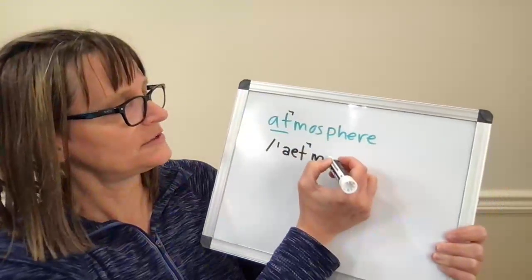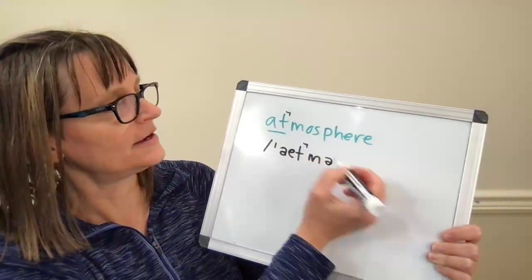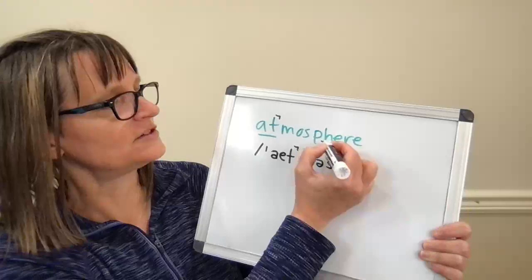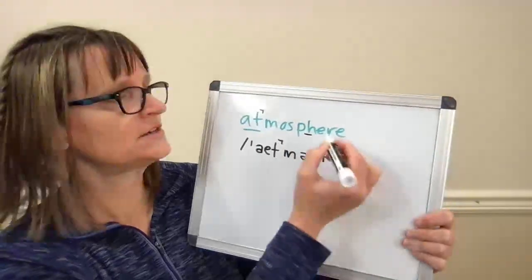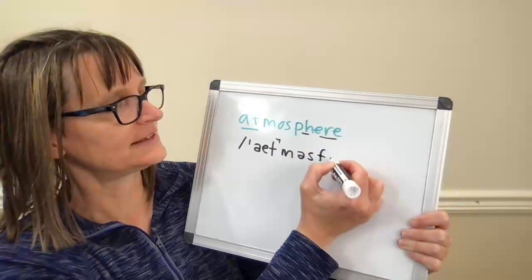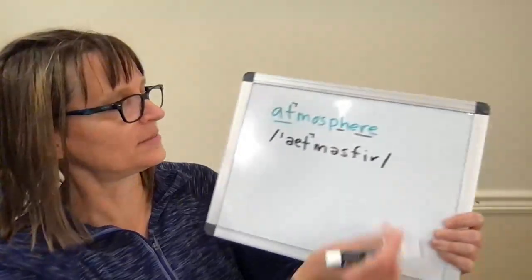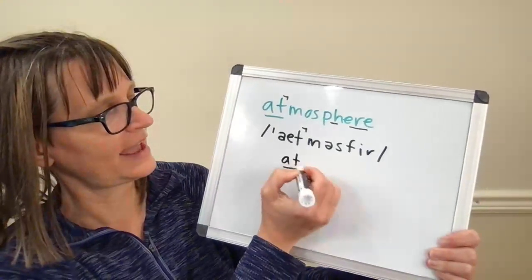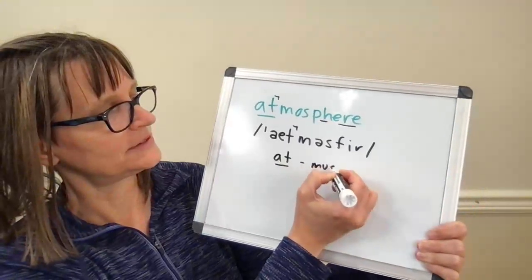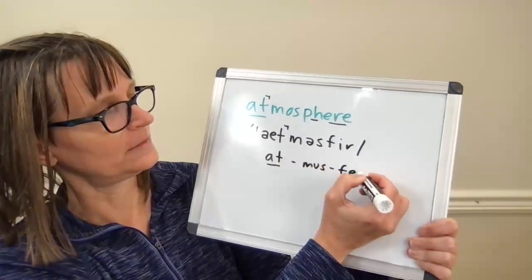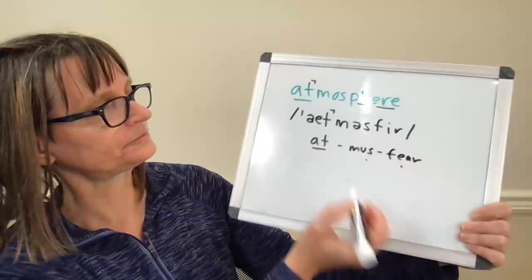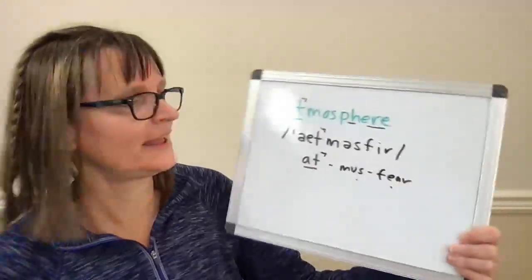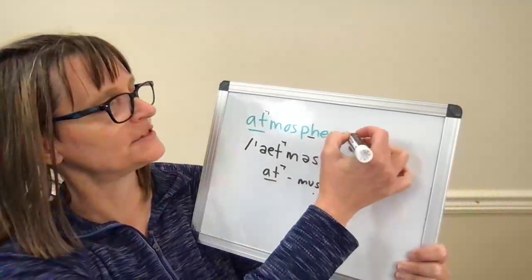Letter O says vowel schwa again, or sound. Then we have the letters PH, say the F sound, and finally ERE says ear, just like my ear. So rewriting that, I would say atmosphere. Again, with our stopped T. Then when we change to atmospheric,